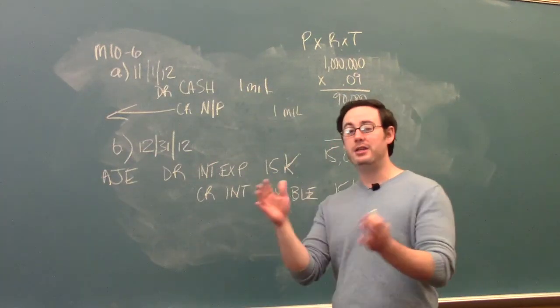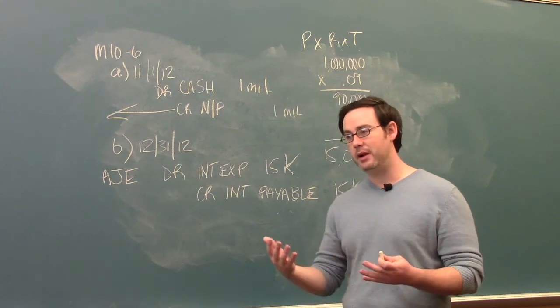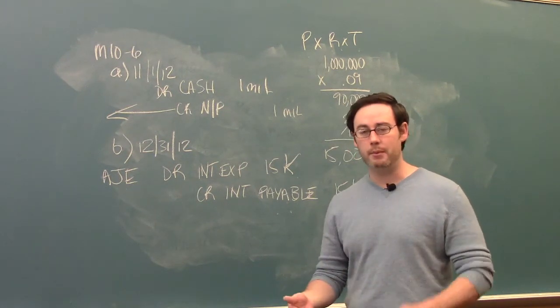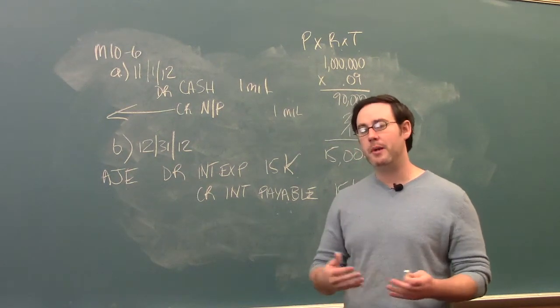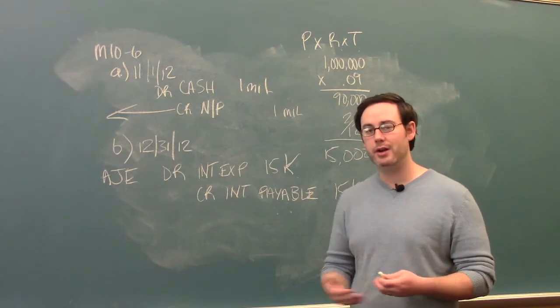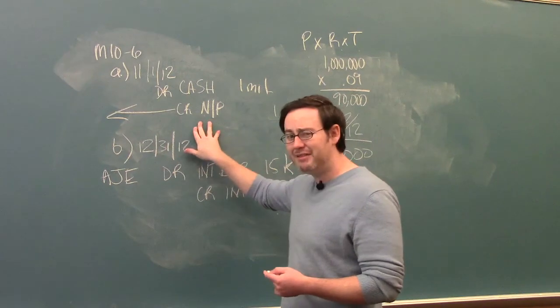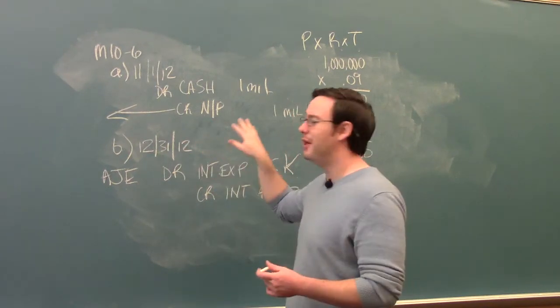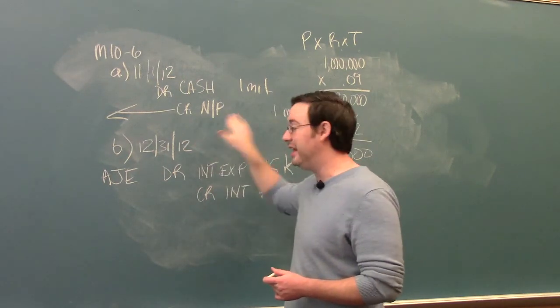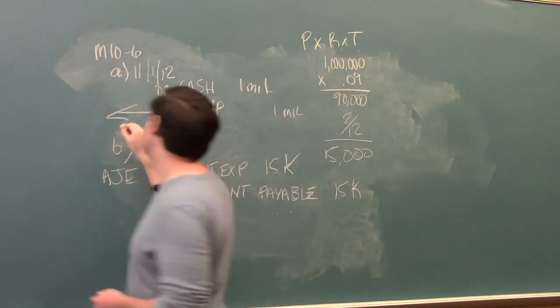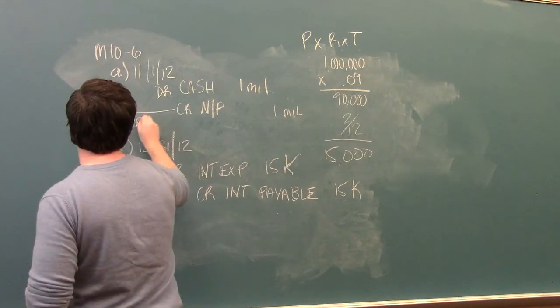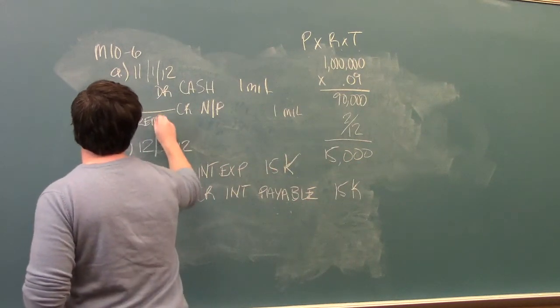Current is a year or less, or really an operating cycle or a year, whichever is longer. But we can assume most people have an operating cycle shorter than a year, so a year is our general rule of thumb. If it's less than a year, using that rule of thumb, it is considered a current liability. And this note is considered current or short-term,